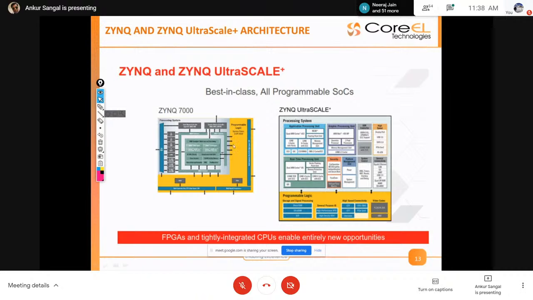After that, this yellow portion is your PL part. In this PL part, your FPGA logic is available, and both are tightly bound with the AXI Lite bus in the Zynq 7000. If we are talking about the Zynq UltraScale,